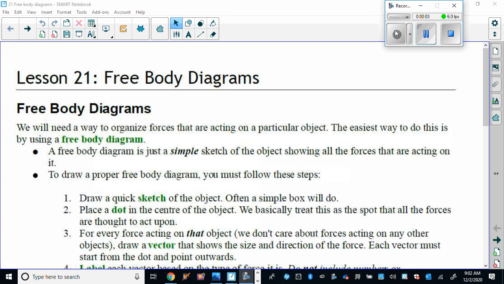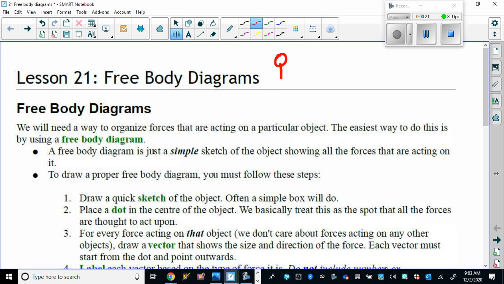Lesson 21 is on free body diagrams. Very important to be able to draw a free body diagram. A free body diagram is very simply a sketch that shows you all the forces acting on a specific object. So, for example,